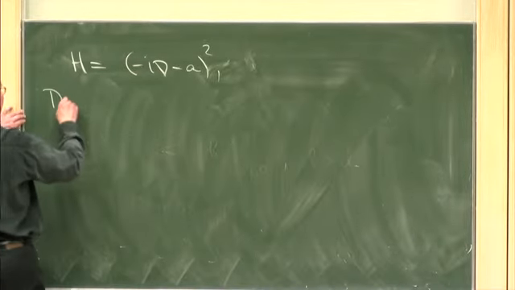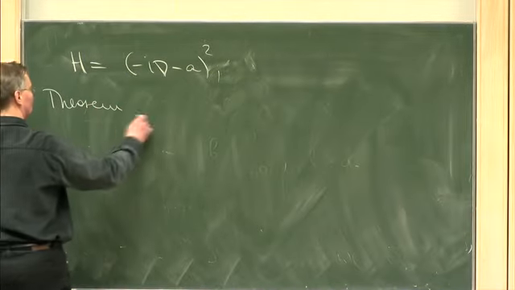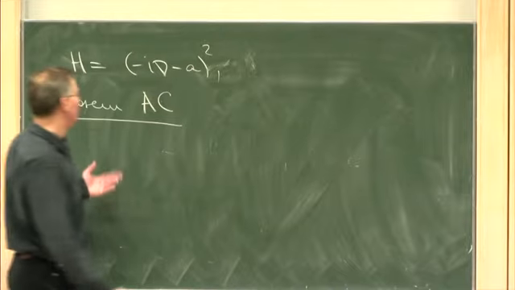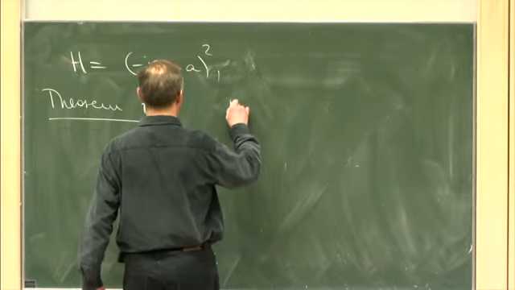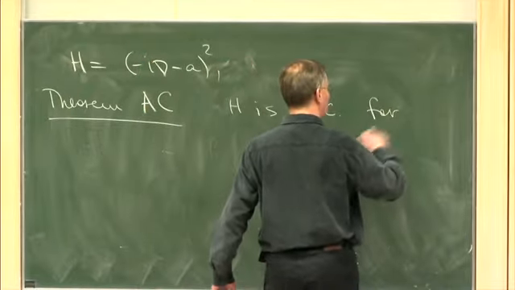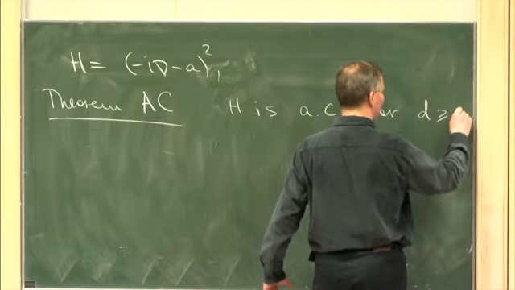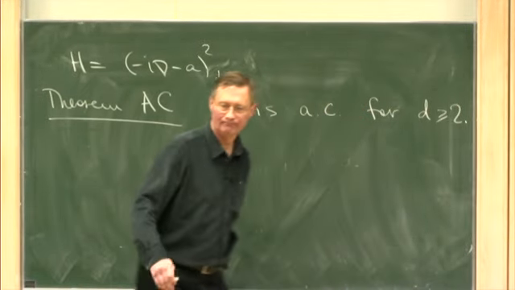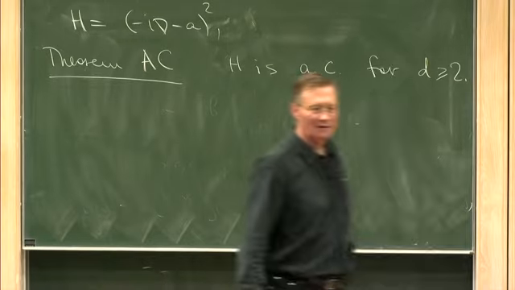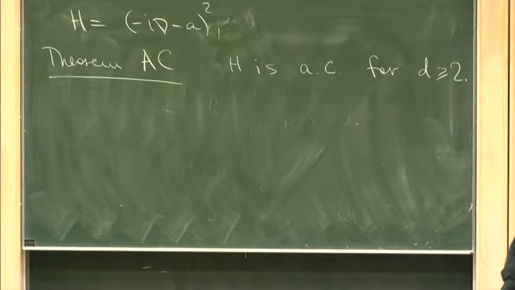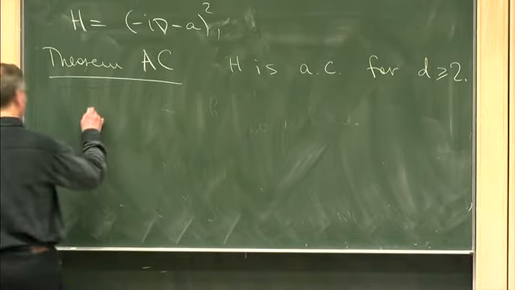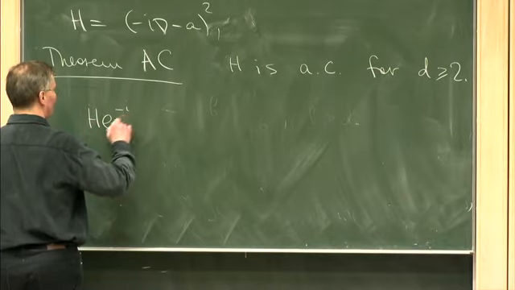Right, so theorem. And I will call this theorem AC for obvious reasons. Then H is absolutely continuous for all dimensions starting from 2. Okay. Now let me remind you of a very elementary thing. I will need it a bit later for motivation, but let me just do this. We talk about